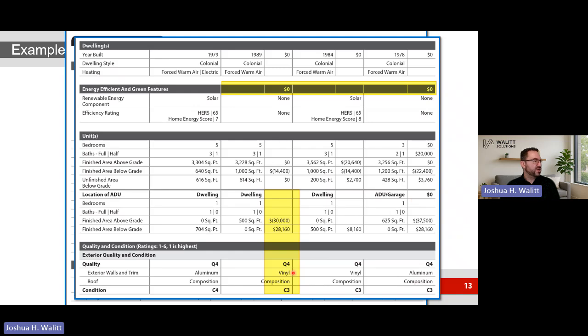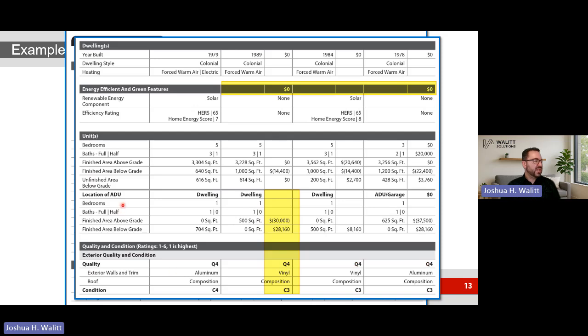When we move down to the exterior and interior quality, just as we did last time, notice we don't have a place for adjusting. This is informational. Remember, the interior and exterior quality and condition, there are no adjustments made. It's on the overall quality and the overall condition, which is just below it.